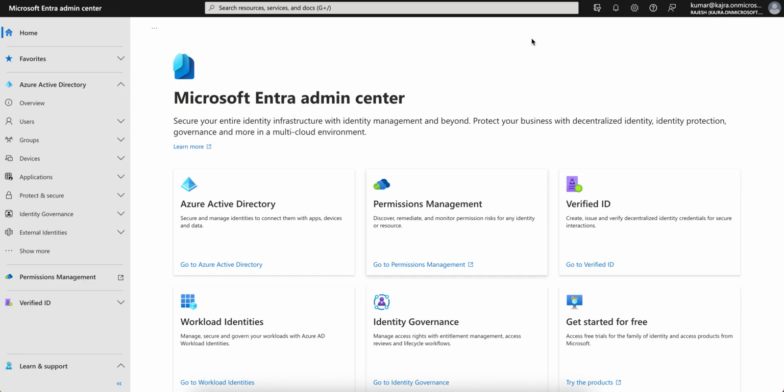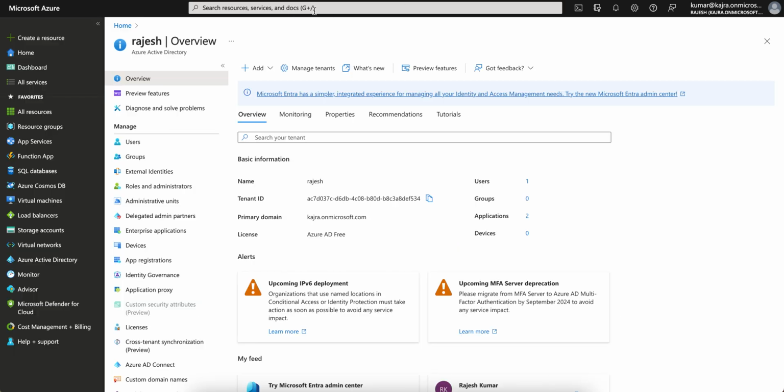In this video I am going to show you the new Microsoft Azure console, which is called Microsoft Entra Admin Center. So how can you access that? You just have to open the Microsoft Azure portal,